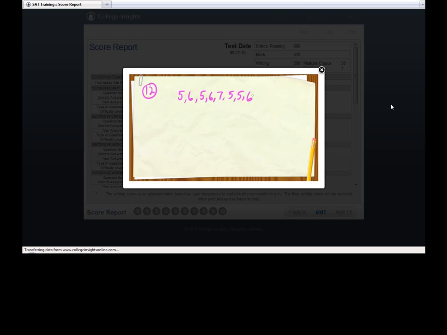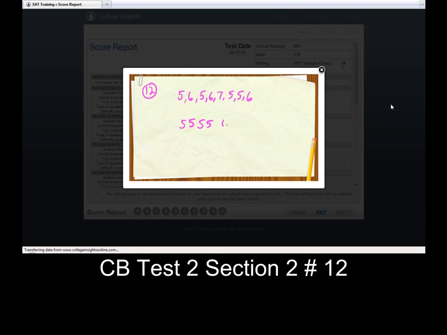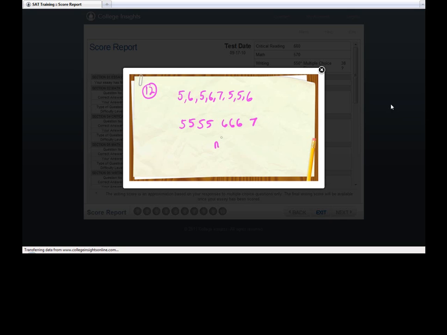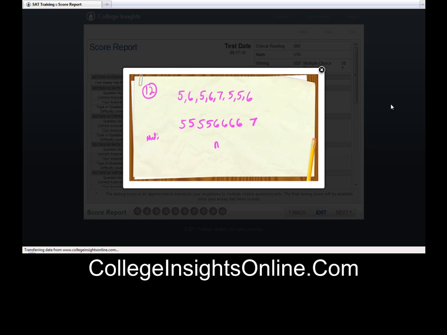This is a median mode question, and especially for median, we need to arrange these from smallest to largest. So we have 4 fives. We have 1, 2, 3 sixes. And we have 1 seven, and then we have n, which we're trying to figure out which of the answer choices could not be n. If we look at answer choice A, 6, it would drop in right here. And we're told earlier that the only median is 6, and the only mode